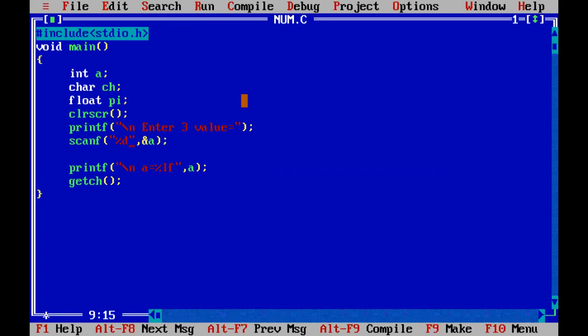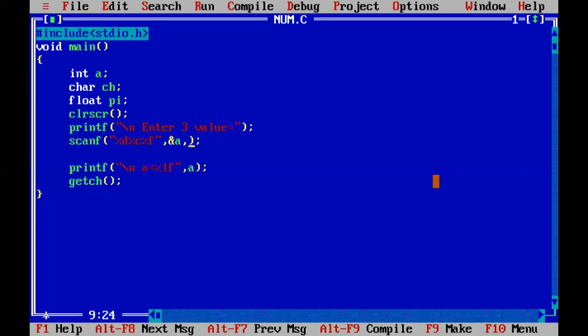Next I'm accepting a character value, so the %c format specifier is used. Next I'm accepting the float value, so the %f format specifier is used. After that, the first integer value should be stored in variable a, so here is the address of a.